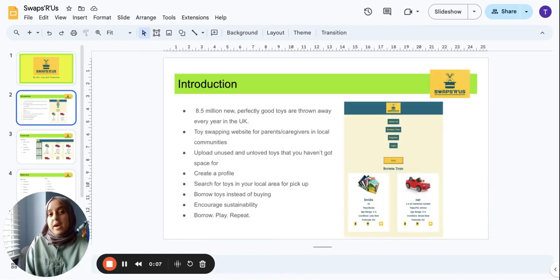Now, in the UK, every year 8.5 million perfectly good toys are thrown away because parents and caregivers don't have the space to store them, like me. What we've decided to make is a toy swapping website for parents and caregivers in local communities. This is a place where you can upload unused and unloved toys that you haven't got space for and borrow